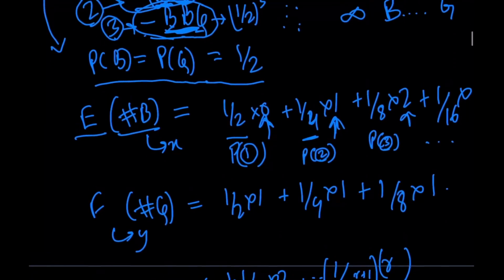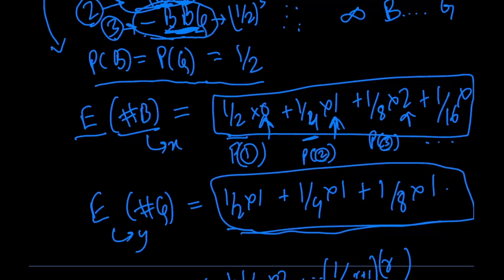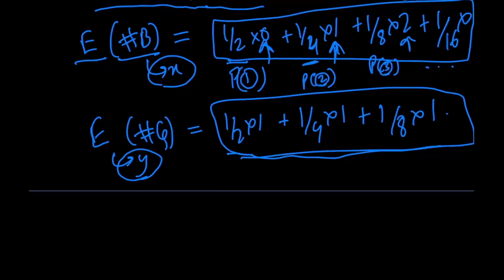And I've done the same calculation for the number of girls, as you can see over here. And now basically we have to solve these two equations. These are two basically infinite summations, and once we have the values x and y, all we have to do is calculate x divided by y. So to calculate x first,